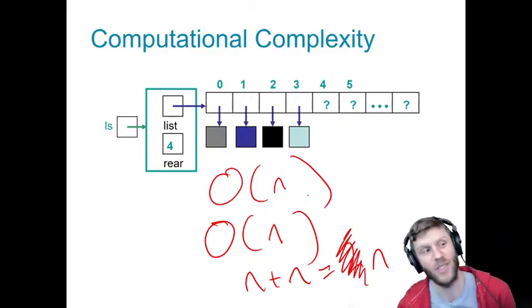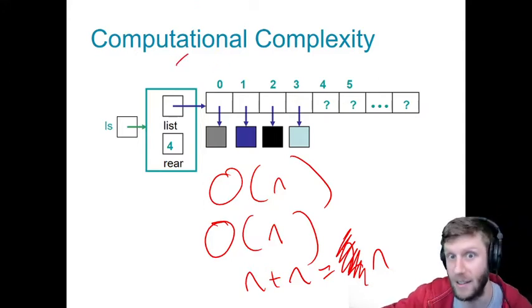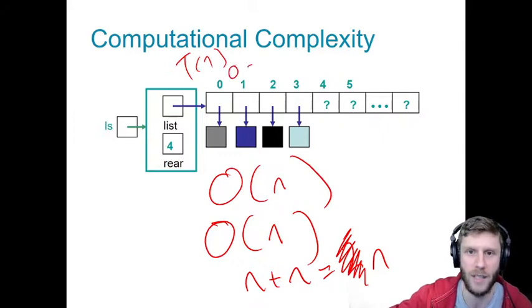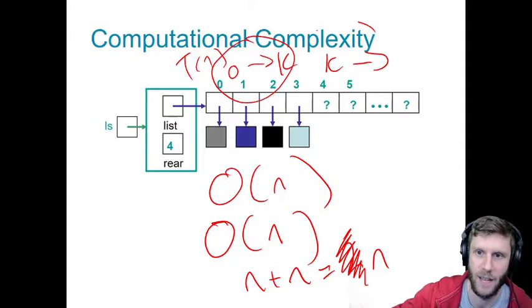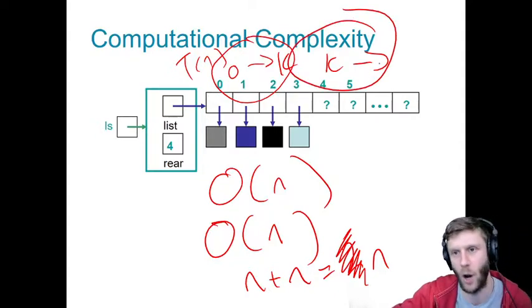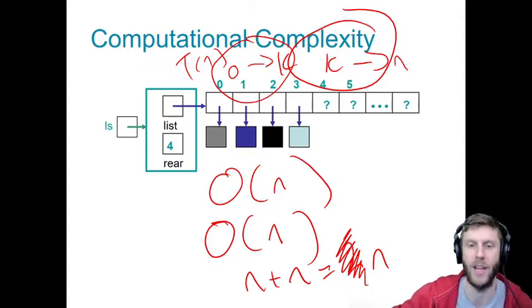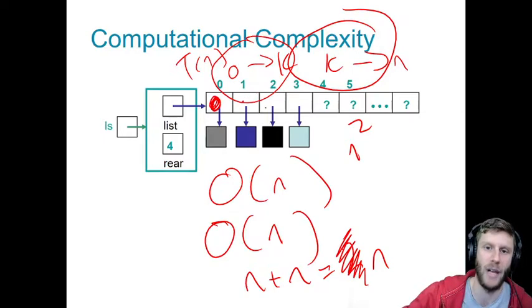And really, as we know, if we want to get super fancy and talk about T of n, which is a little more precise than the big O, we do know that it's going to be 0 through k, and then k to n for the search and then the shift, which in total is going to be n stuff anyways. The only way n squared pops up is when for each thing, we have to do n new things.